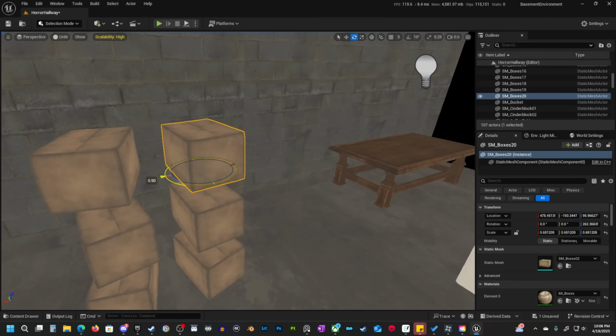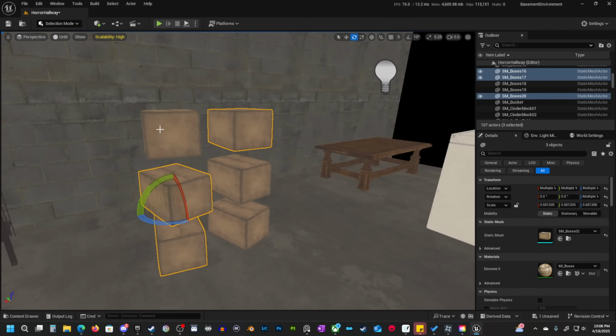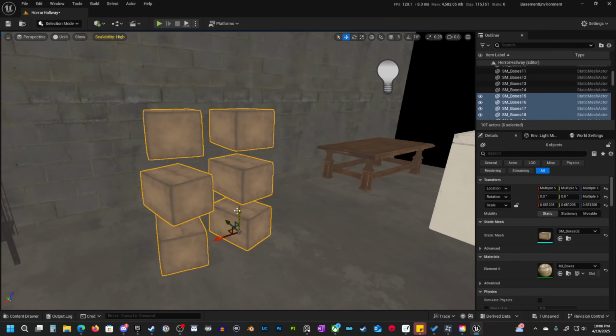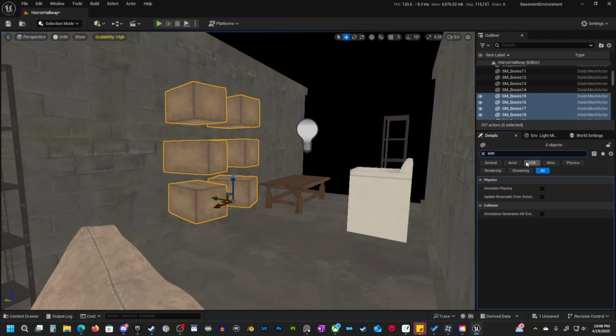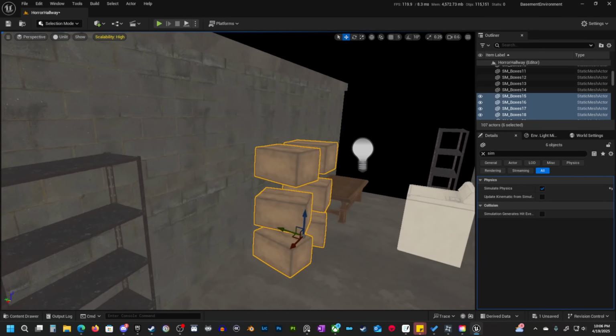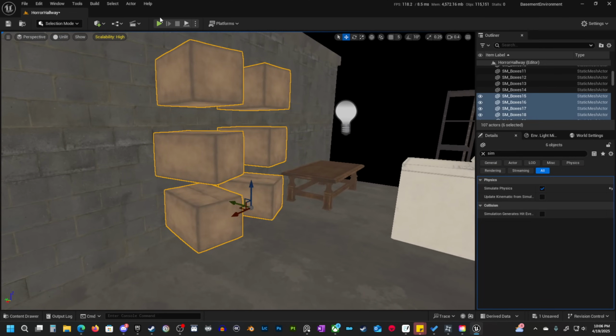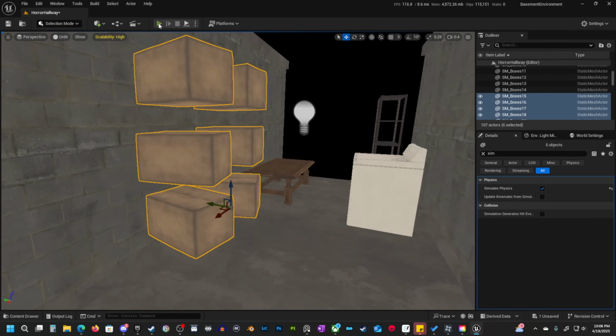Okay. So I want to just create something like this, and then I'm going to select all of these. And we need to turn simulate physics on. So if I search for simulate, we want to check simulate physics. And then what I can do is if I just hit play here,